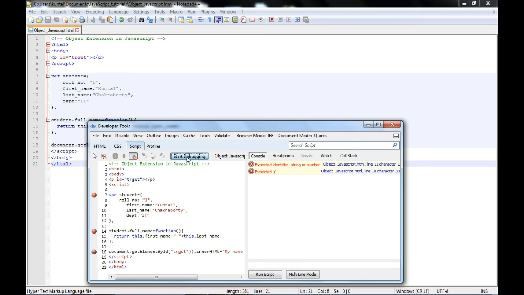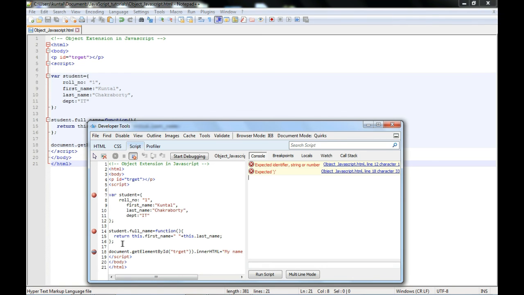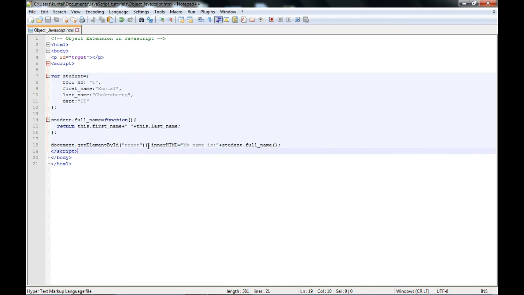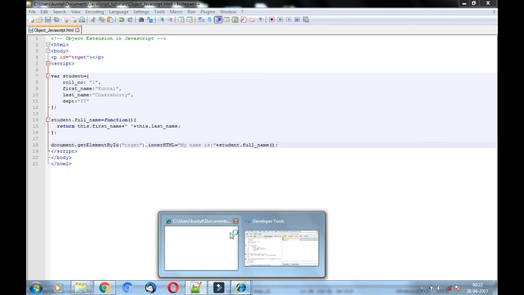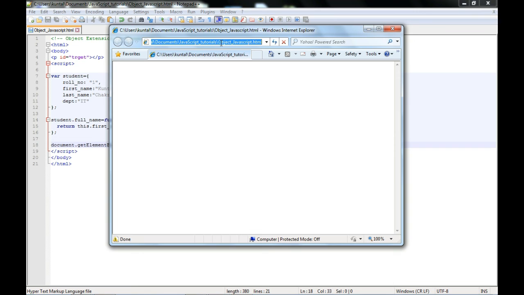I also want to explain how you can do the debugging, because the code is simple, but to run it you may have to try 2-3 times to find out the exact problem. As I already said, there is one extra bracket, so I removed that. I think now it will work and give the correct result. See, it has run and it has printed my name over here. So I achieved this with a JavaScript object.